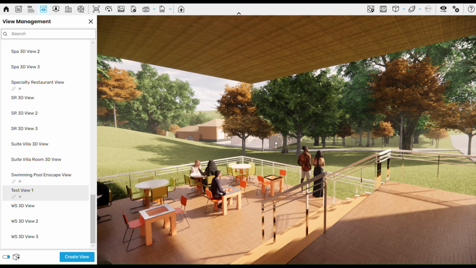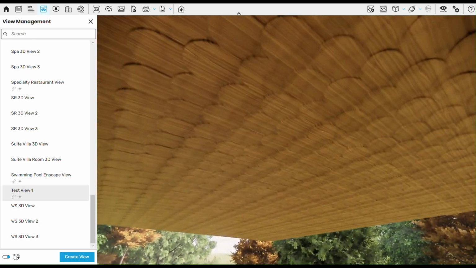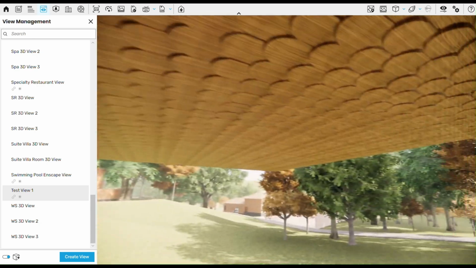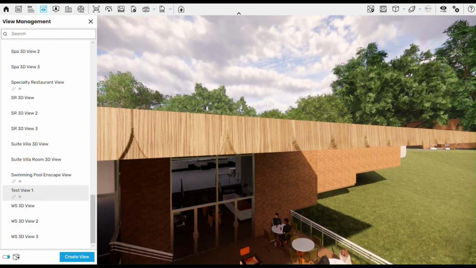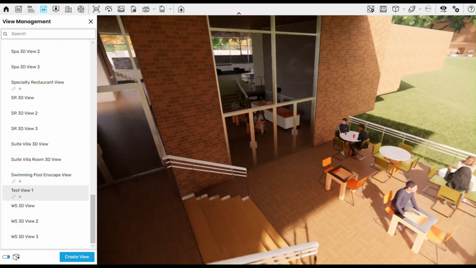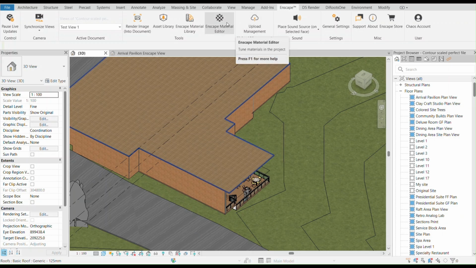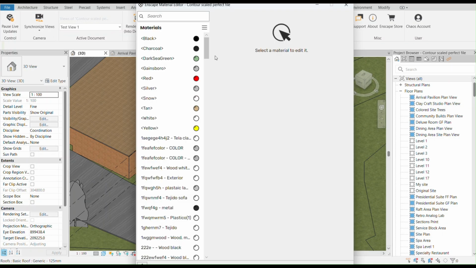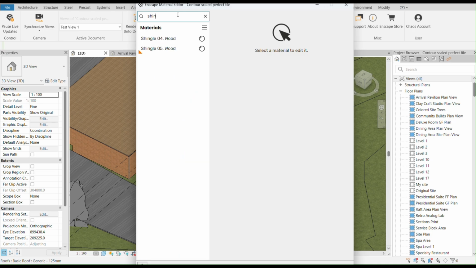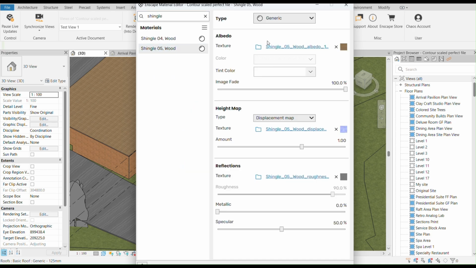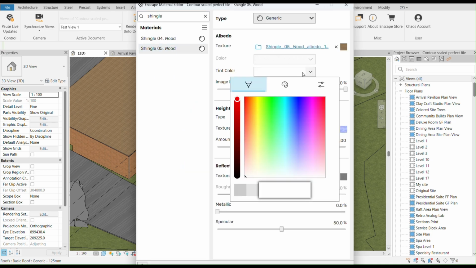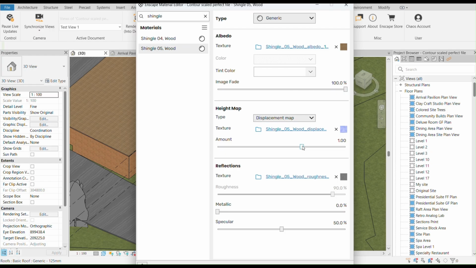Yeah. So now when I go back, I can see that the material has changed. And there are many things that you can edit, many ways you can adjust these materials. One is you can just go from Revit and Enscape material editor to select that material. That's a shingle 05 wood. And you can have maybe